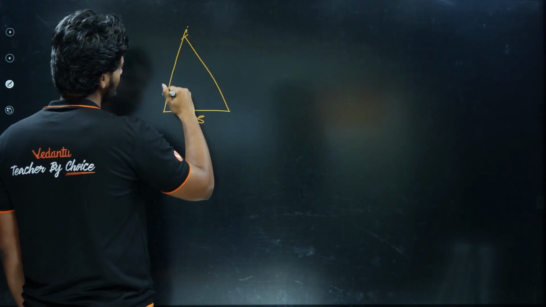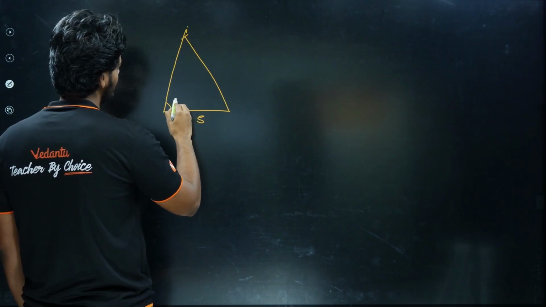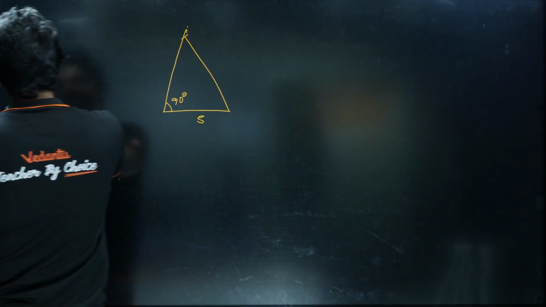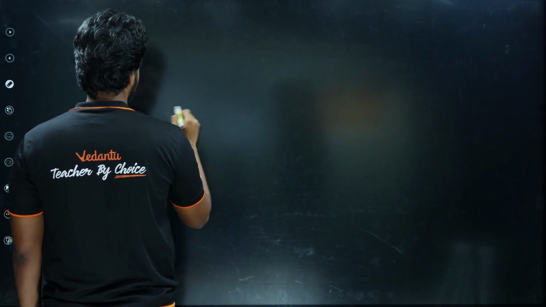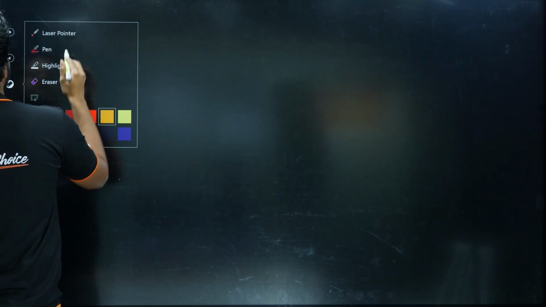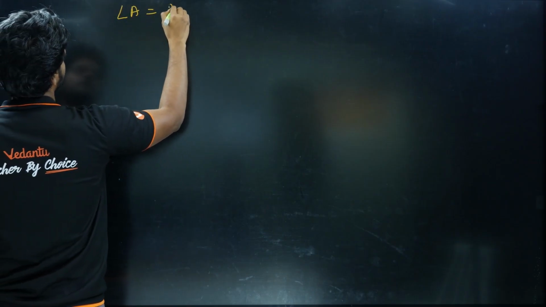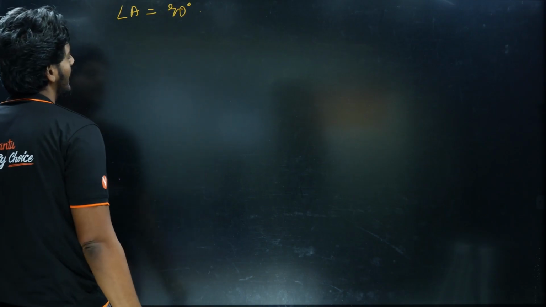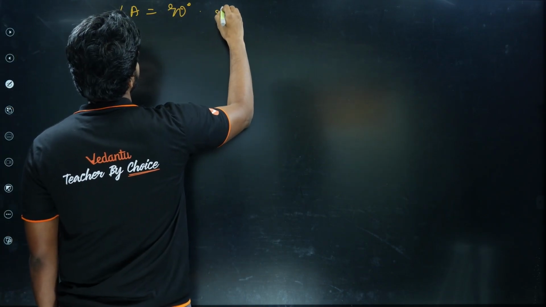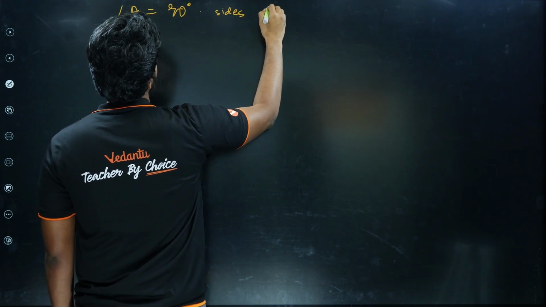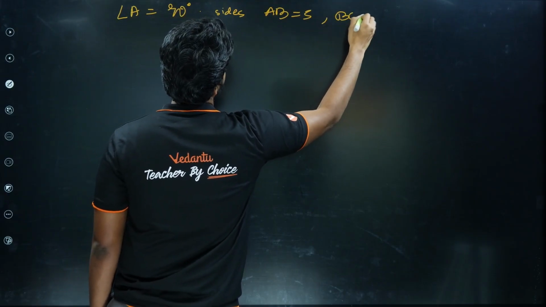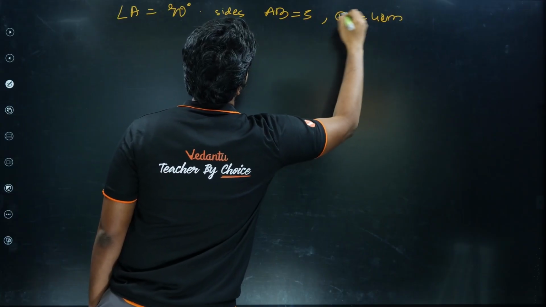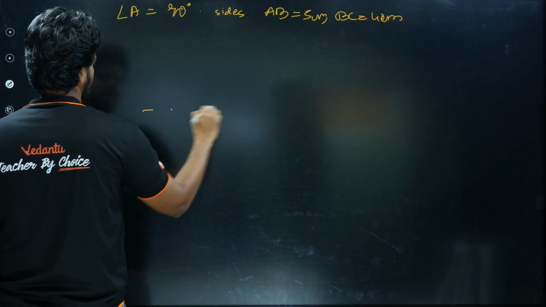If it is cutting so, then you will actually find that this has to be 90 degrees. Suppose we have 90 degrees. A is equal to 90 degrees. Let me draw it accordingly. Suppose my angle A is equal to 90 degrees. And I have side AB to be 5 again, BC to be 4. If this is AB,